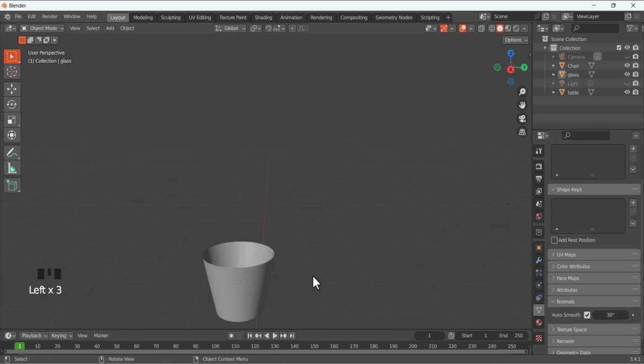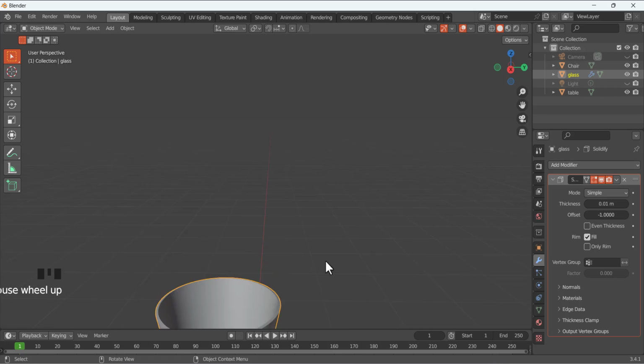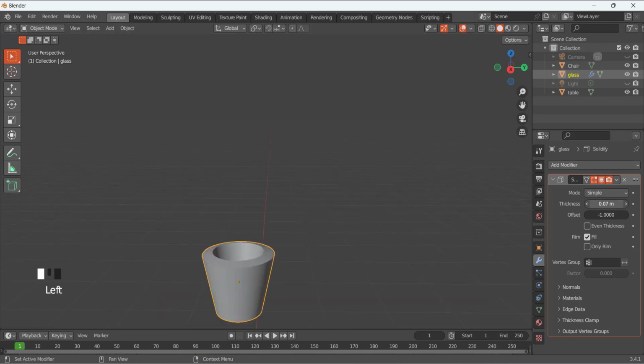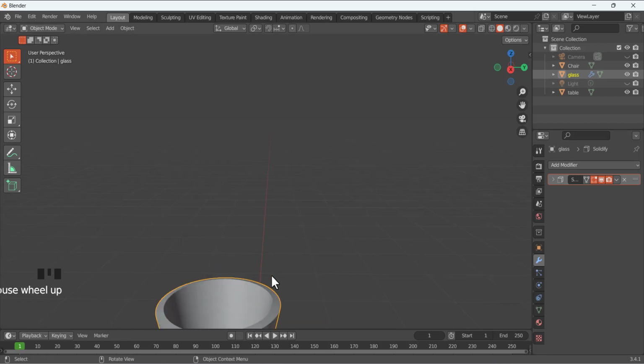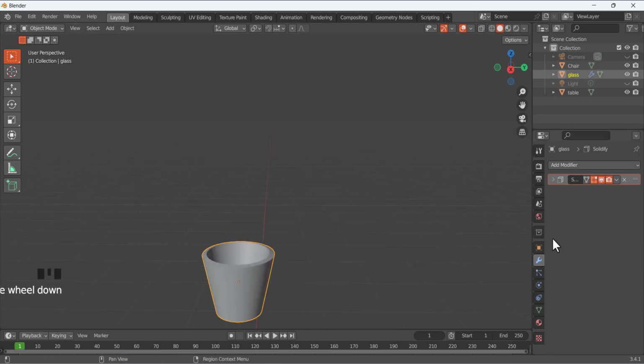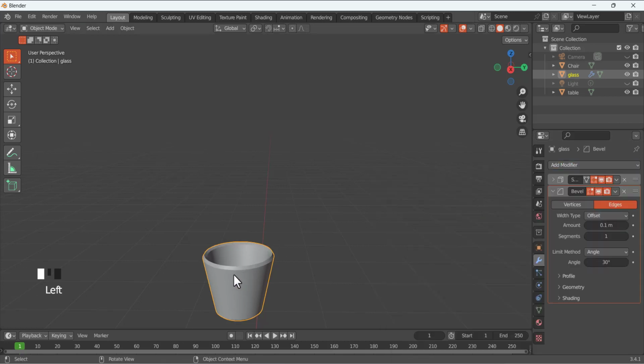Okay, select this object, go to modifiers, add a solidify modifier to add some thickness. Okay, something like that. And apply this, place it even thickness and apply this modifier, or you can just place it like that. Okay, next go to modifier, add a bevel modifier, and for this bevel modifier,